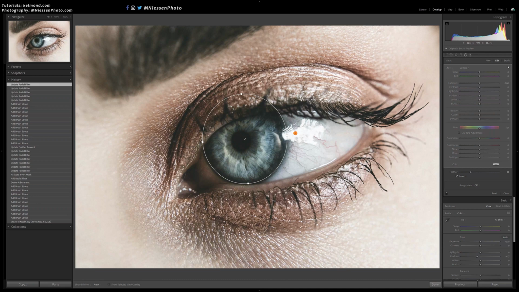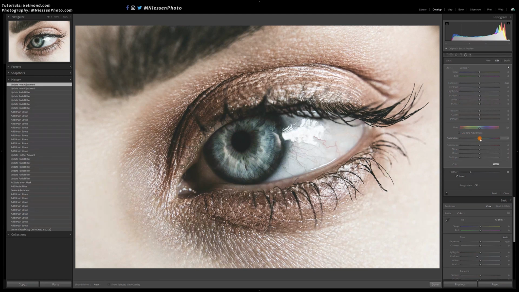A few months ago, the hue option was added to the filters and adjustment brush. You can change the color of the masked area just by moving the slider left or right. I think it works really well with flat colors, but in this case I'm not really satisfied with the results. So I don't use this method, I will just double click on hue to reset its value.